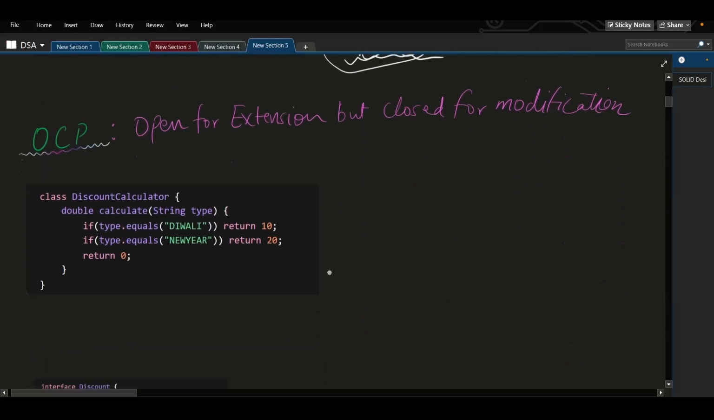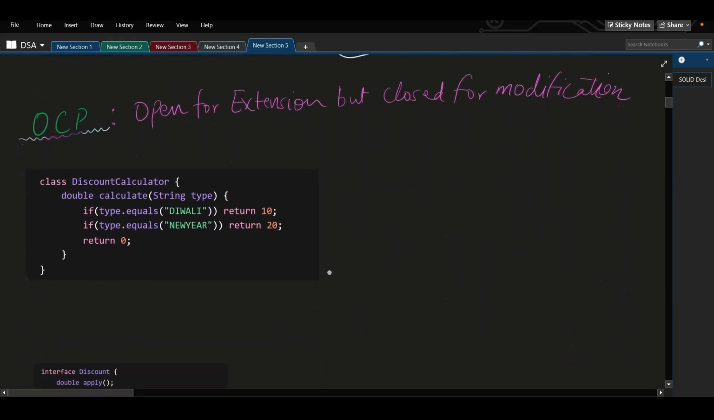Now let's move on to the next principle, which is the open closed principle. O stands for open, C stands for closed, right? So it says that you have to design the code in such a manner that in future, if you have to add a new feature,